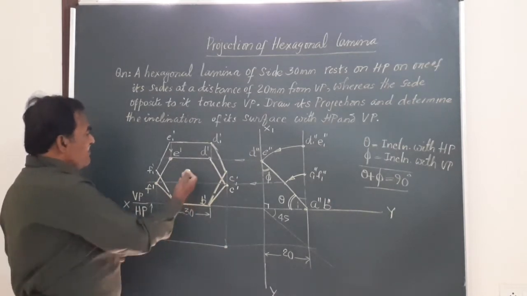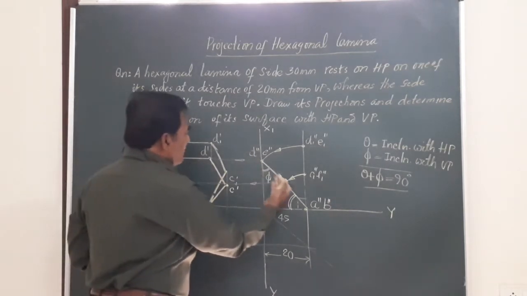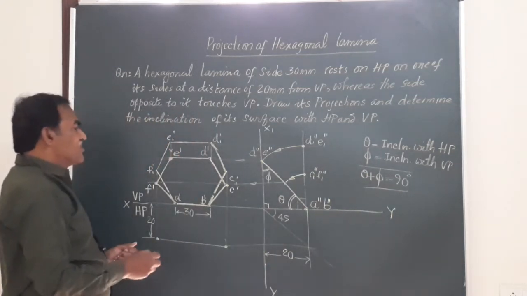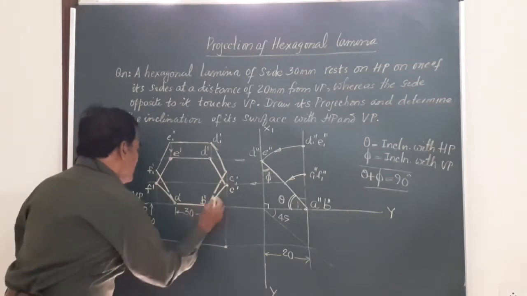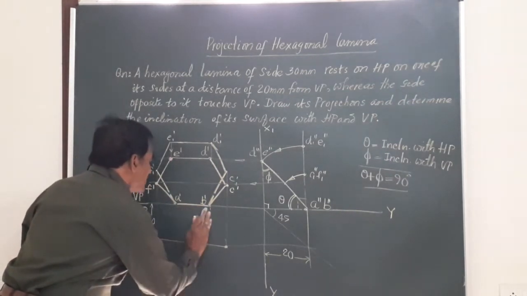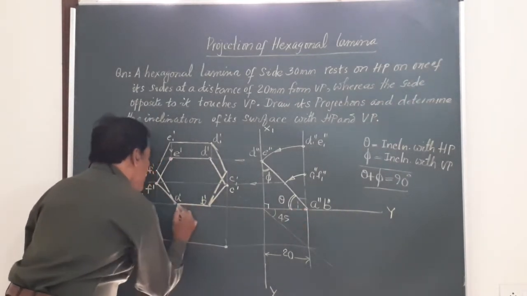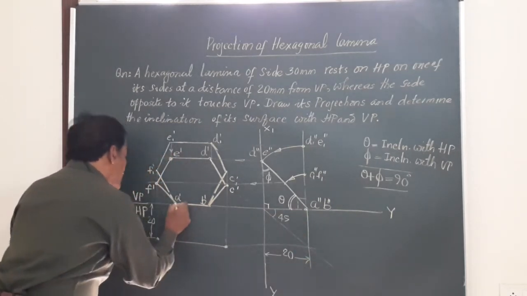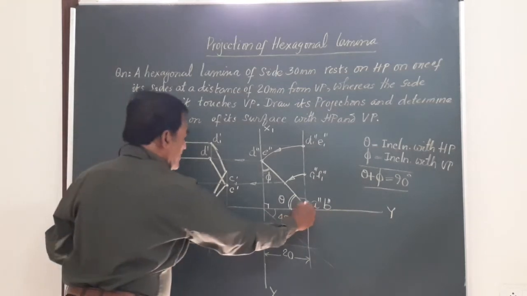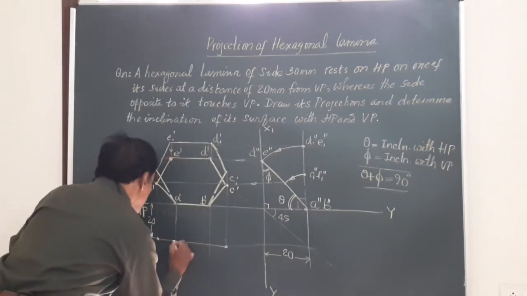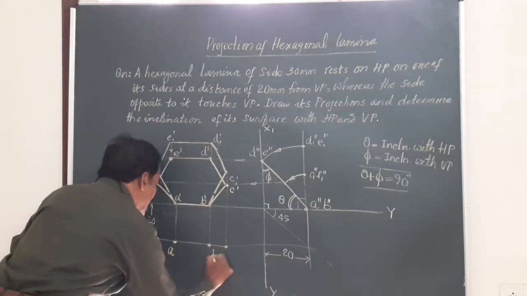Friends, we have got the front view, the final front view, the final end view. Now we should get the final top view. Friends, you know very well, this AB is here. I just remove this and mark the final top view. This is AB. So a vertical line from there, a horizontal line. So this is AB. So this will give you the final top view of the side AB.